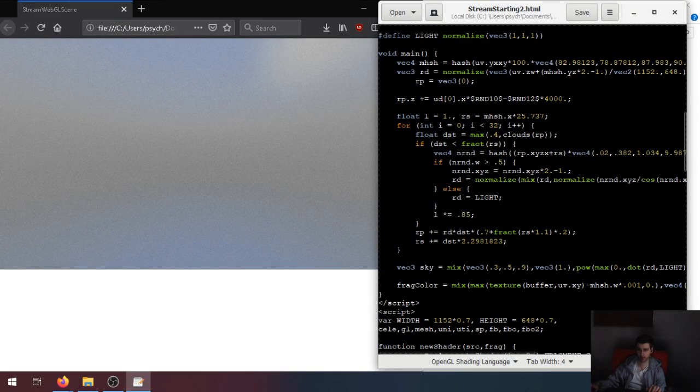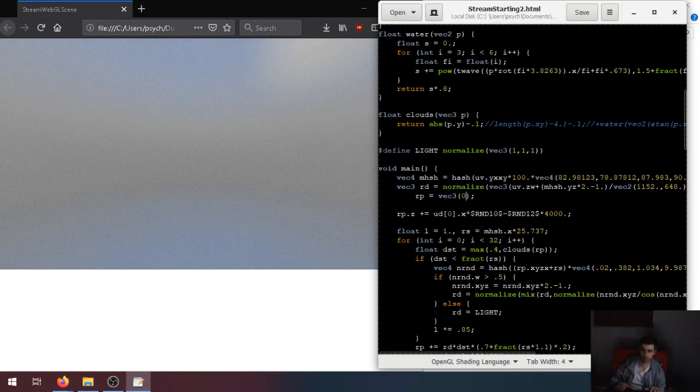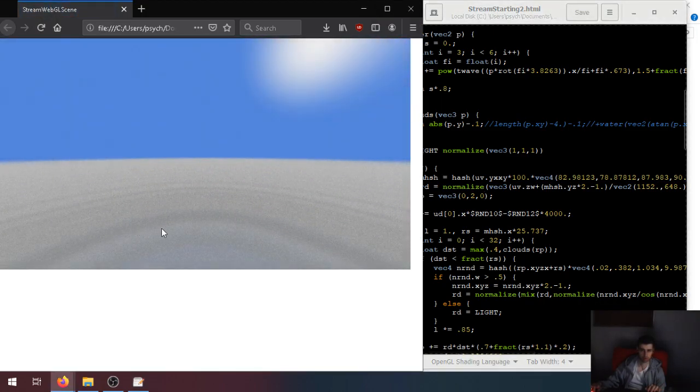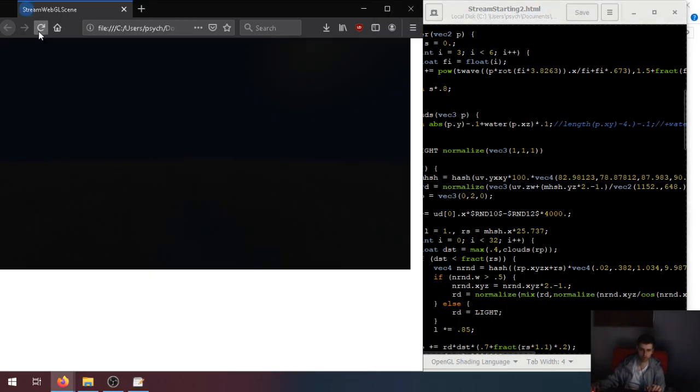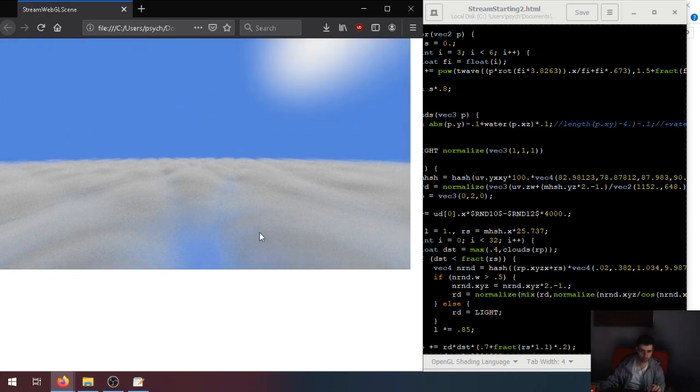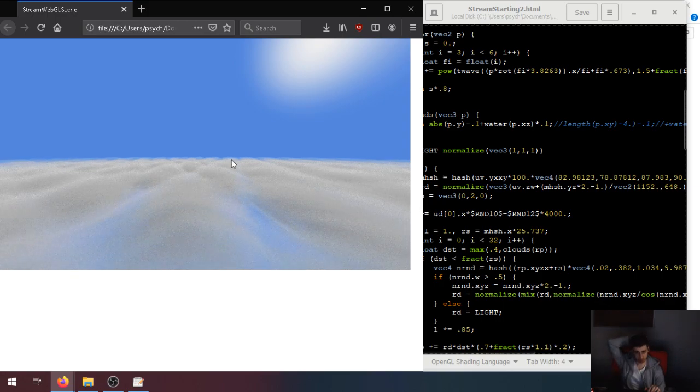Right now the camera is directly in the layer, so we're going to put it up above a little bit. There we go. So now the camera is right above this layer of clouds. So we can apply this water distortion effect. Make it look like clouds. But I want something bigger. I want actual